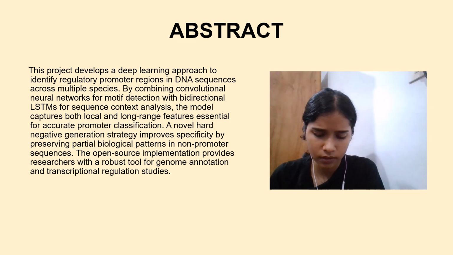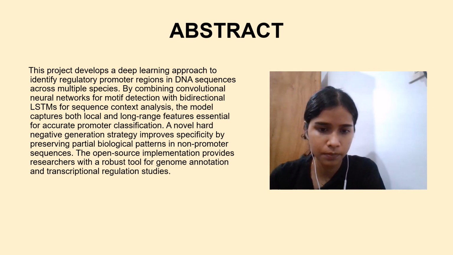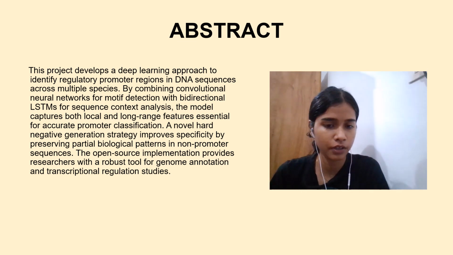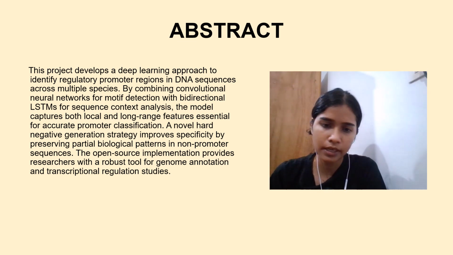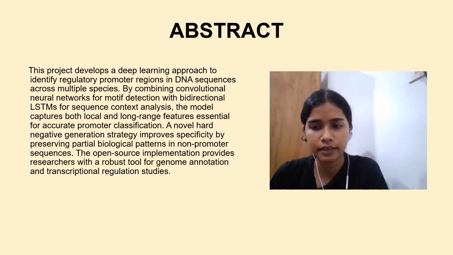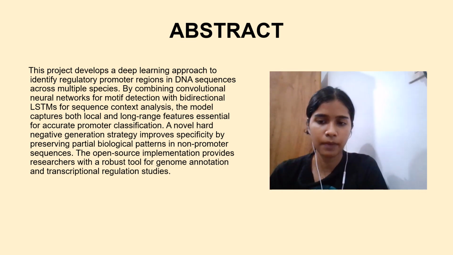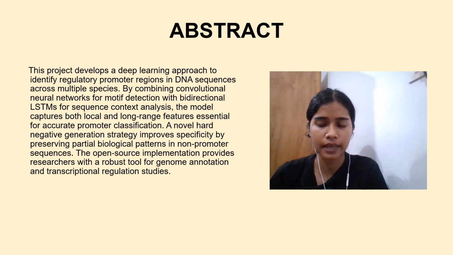The novelty that we bring, or the solution that we try to bring, is to combine two powerful neural networks, namely CNNs and RNNs. So the CNN is used to detect local patterns like TATA boxes, and bi-LSTMs, or the RNN, analyze long-range